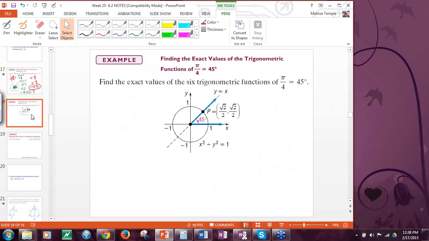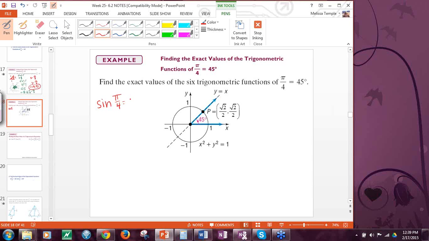So now, this is just a picture of what we just did. Exactly, Rachel. Good. And we want to find the 6 trig functions, just like we did in the slides up there. So we're going to start with, I always like to start with sine. You don't have to. There's no rule. So sine of pi over 4